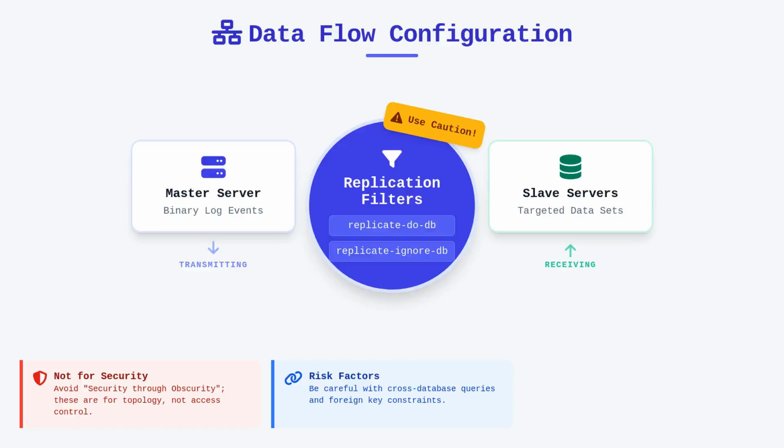When designing your architecture, always evaluate if your workload requires complete datasets on replicas, or if targeted filtering is a genuine requirement for your specific business logic. Mastery of these components ensures that your high-availability solutions are not only performant, but also surgically accurate in their distribution of database traffic.